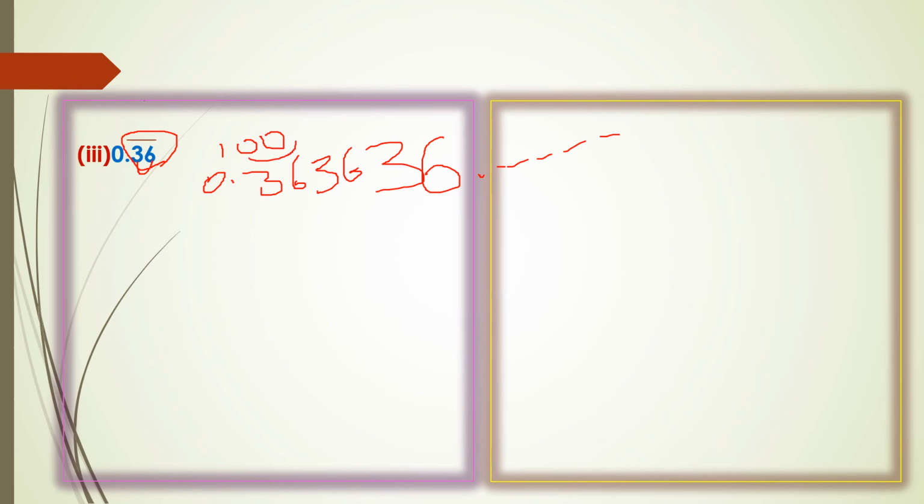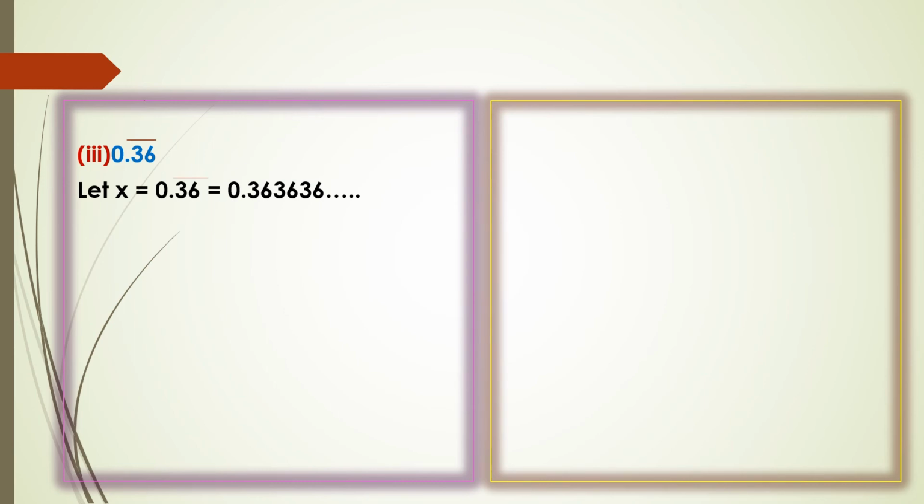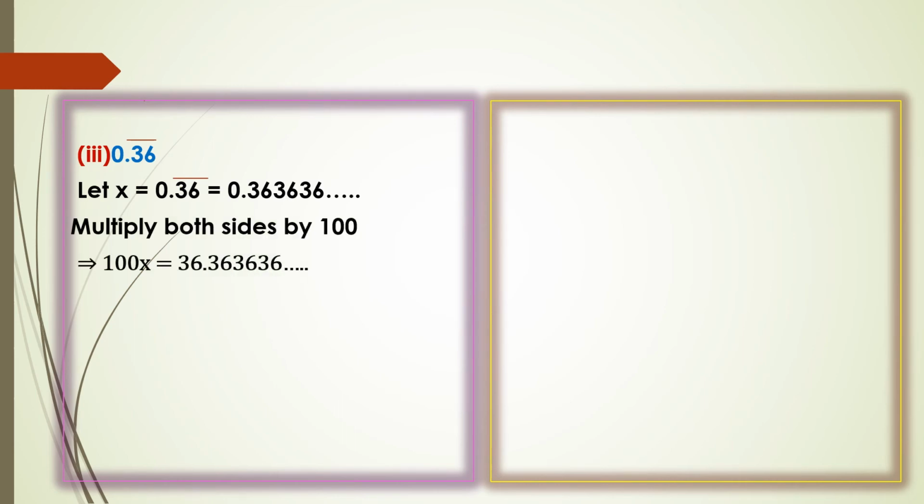Here you are multiplying by 100, which means for the 1, 0, 3 will go. If it is 0, no need to take, I told. Next for one more 0, 6 will go. So 36.363636. Clear? So your next step will be like this. I took this question as x. Now as the bar is for 2 digits, you should multiply by 100. So for 2 zeros, 2 digits will go in front of the decimal.